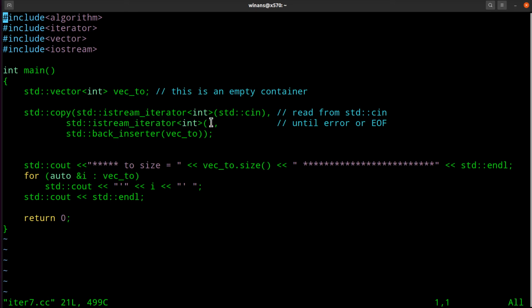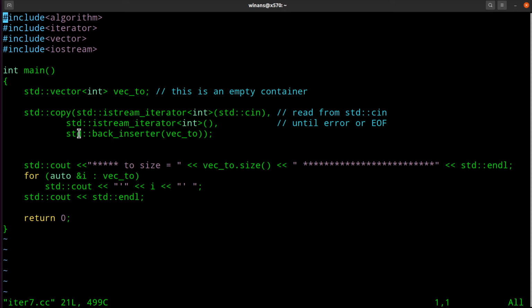So they provide this notation so that you can create an iterator for the input stream that represents an EOF or an error condition, so that it knows when to stop reading. Otherwise, how would you stop it? It's a weird way, but this is the notation they use. It's reading integers, so if I type in ABC from the keyboard,